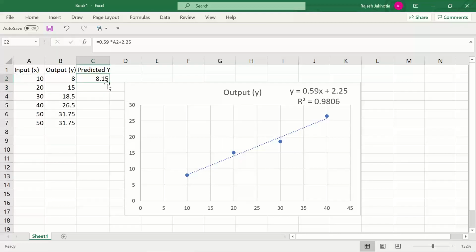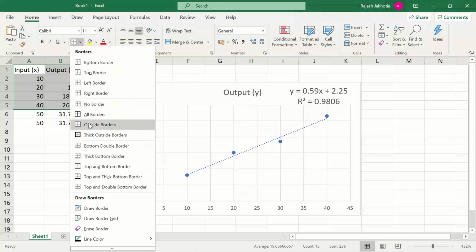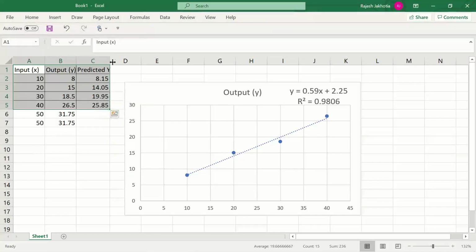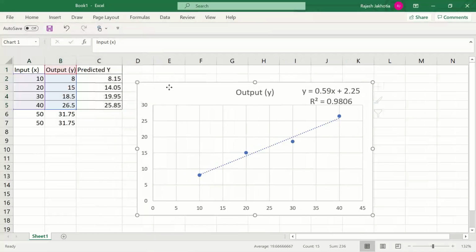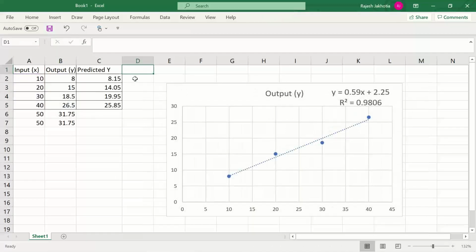This equation I can just copy below. Not for this, 50 is anyways predicted. So if I see these four values, I'll just have a table grid formatting. The predicted y is not exactly the value which we got. There is some error, 8.15 minus 8. I'll copy paste this.